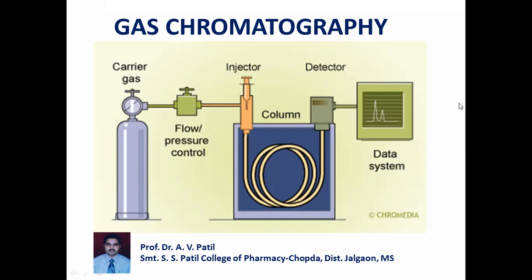So this is the very simple instrumentation of gas chromatography, starting from the carrier gas, various pressure regulators, sample injection system, column oven, detector system, and the recording system. So based on the partition coefficient, based on the adsorption, depending upon the type of the column, whether it is a liquid one, whether it is a solid one, and based on the nature of the carrier gas, which carries the solvent, which carries the